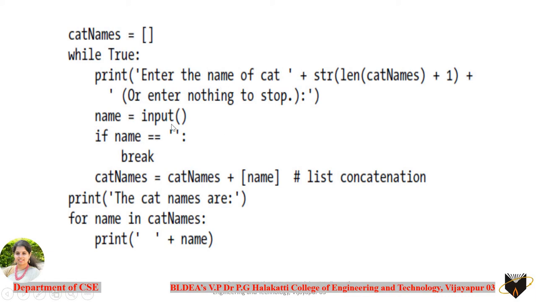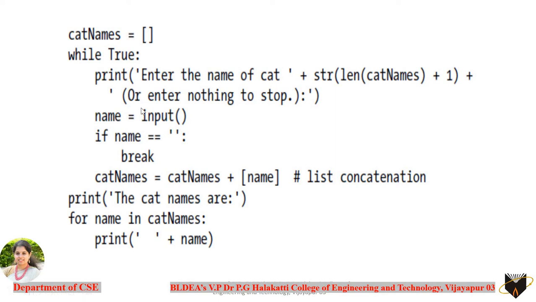cat name, and then an input function is used to read that cat name, and next the condition is checked in order to check whether the user has entered a name or has entered a blank line. Why the blank line is checked here is that, for this if statement, you can see the break has been used to say that whenever the user enters a blank line or just the enter key, the loop has to be terminated and it has to come out of the loop and continue with this print statement here. So in order to make this loop terminate, the user has to press the enter key.